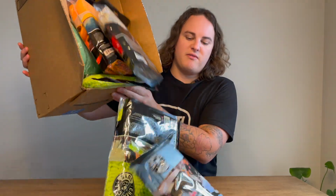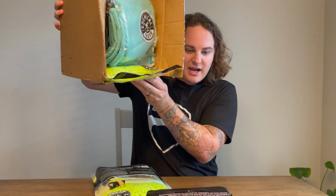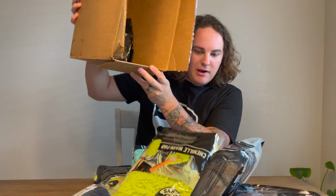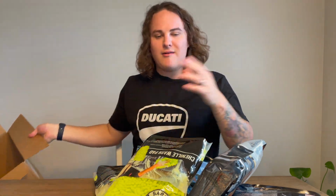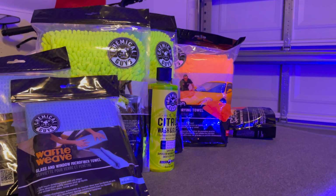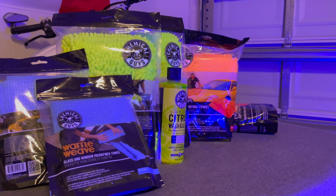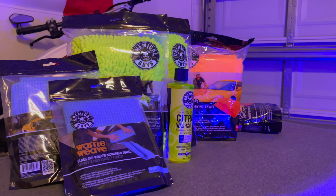Now, I'm not gonna go through every single one of these things, but as you can see, I got a ton of random microfiber towels and microfiber applicators, wash mitts, waffle weave towels, everything. And yeah, it's a lot of stuff. But anyway, I don't even think I've listed off everything that I actually bought in this little segment, but according to my calculations, everything here would have cost